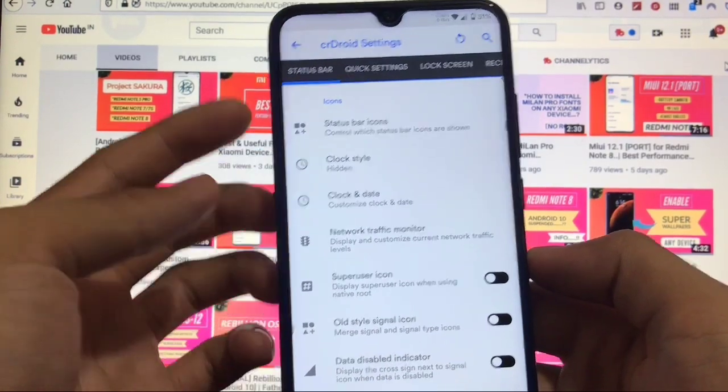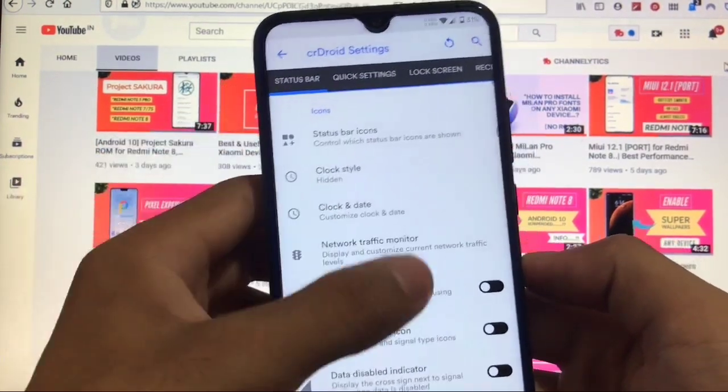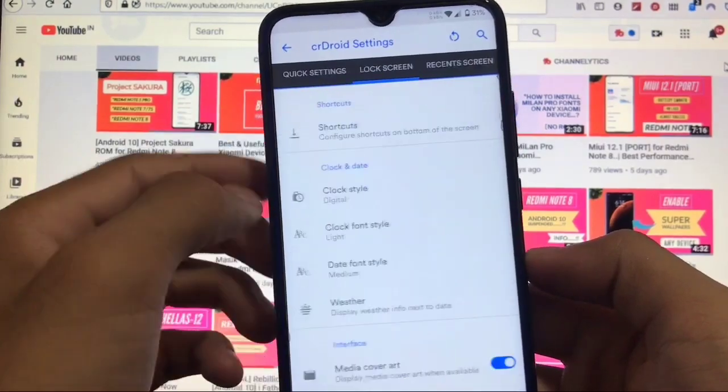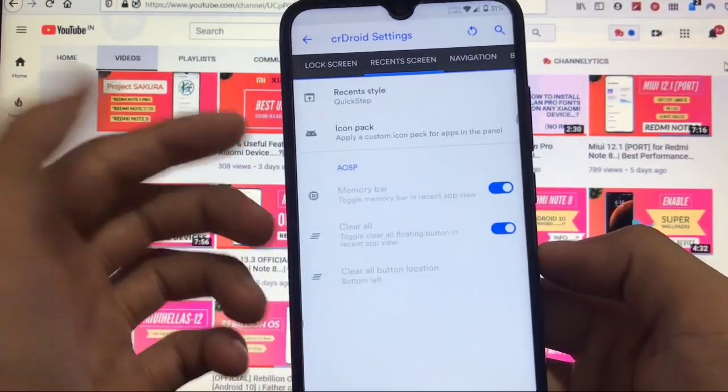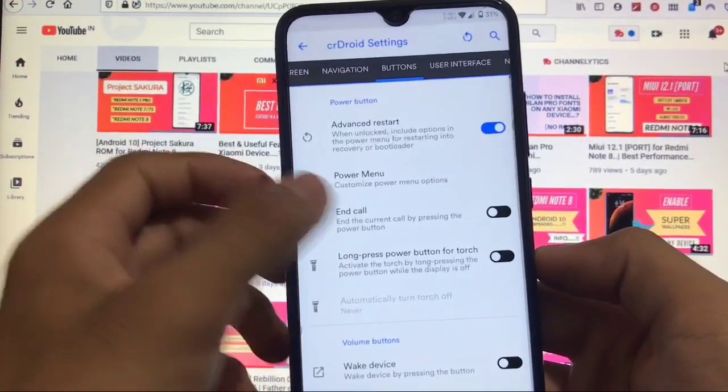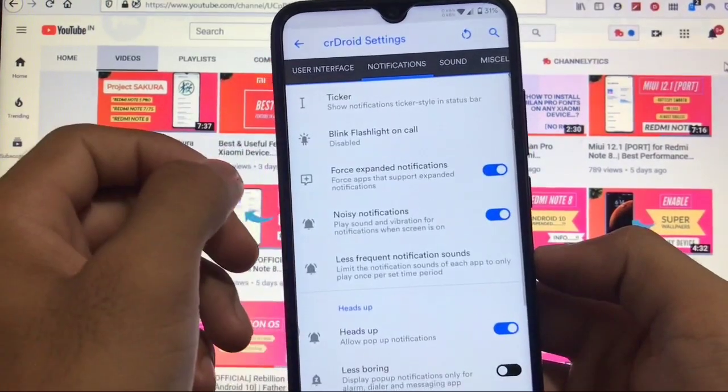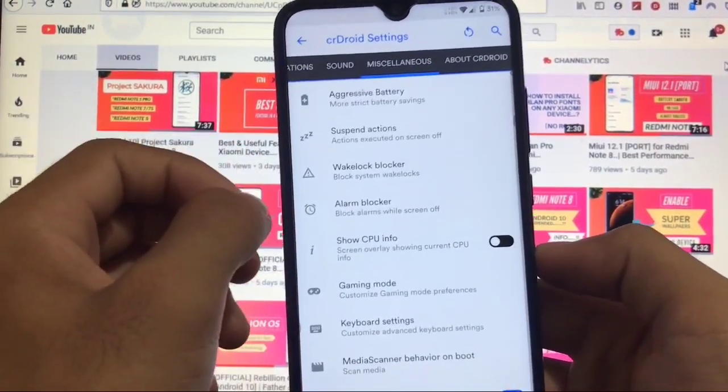First of all, we have a status bar customization, we got the quick settings customization options, we got the lock screen options, recents, navigation, buttons, user interface, notifications, sound, miscellaneous.